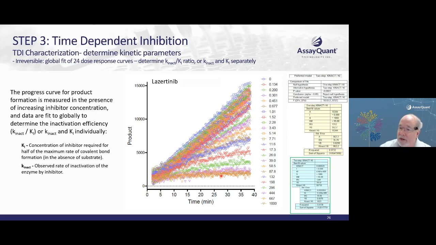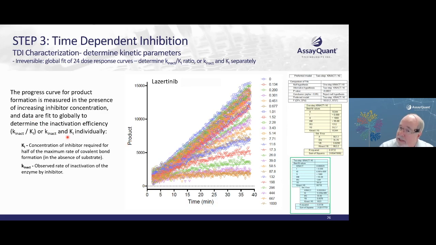And it's important to note, and we cover this in other places if anybody's interested in more information, you need to know whether you can extract a one-step fit versus a two-step fit out of this. If it's a one-step fit, then basically you can only see a linear relationship between the inhibitor concentration and the rate constant that you measure out of this, and that means you can only get K inact over Ki. However, if you actually can get a two-step fit, then you can get K inact and Ki